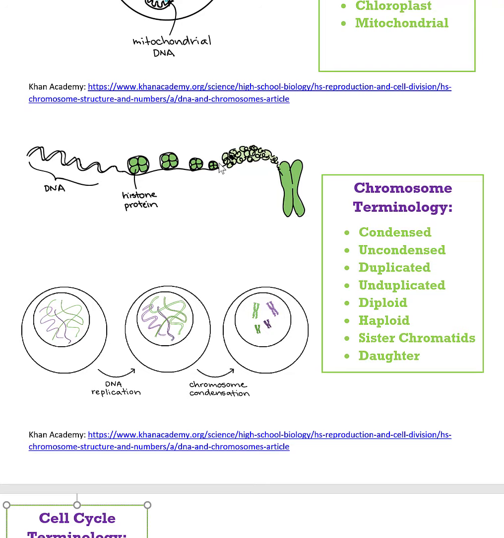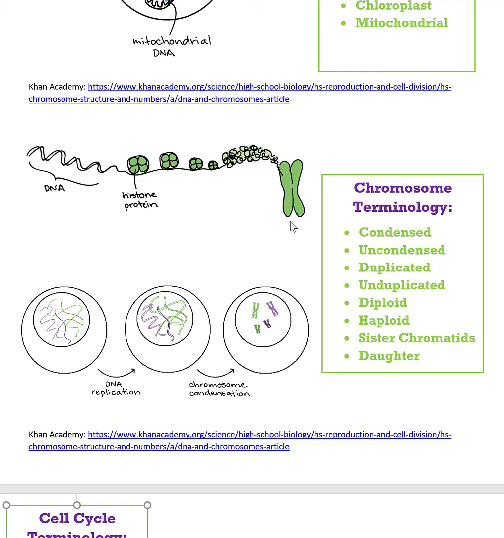And then those histone proteins with the DNA can clump together and then spiral and then pack together really, really, really tight. And then we get this X structure that you're used to seeing in textbooks. And this is sort of that classic X structure that we think of when we think of chromosome. And what this actually is